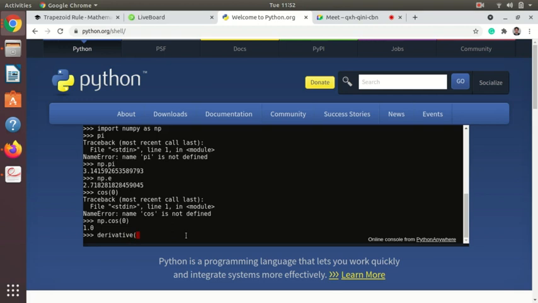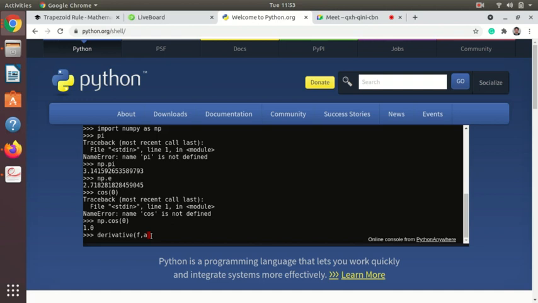As we have done for y or f of x, y, z, we will do the same. Now derivative is our function and it will have some variables. What variables will it have? It will have a variable called f first. So f is our sine or cos or e raised to x, whatever we have, that function is f, and that is now an independent variable of derivative. Now there will be another parameter which we will define as a. This is the value at which we have to find the derivative. Like if we find the derivative of sin x at 0, then a equals 0. If we have to find it at pi, then the value of a will be pi.